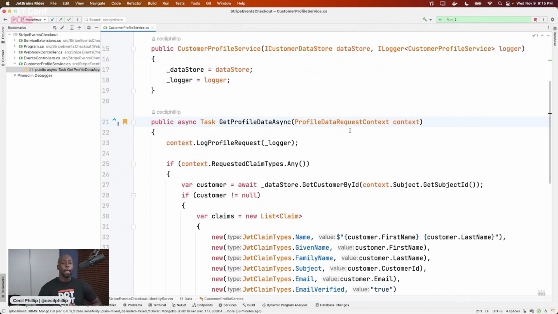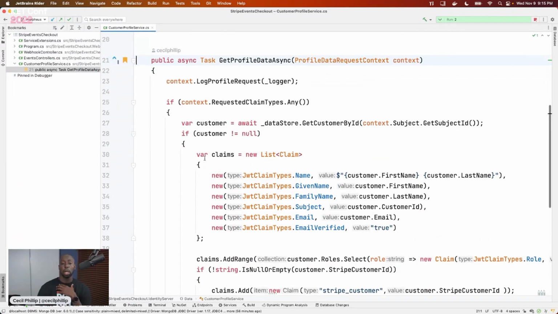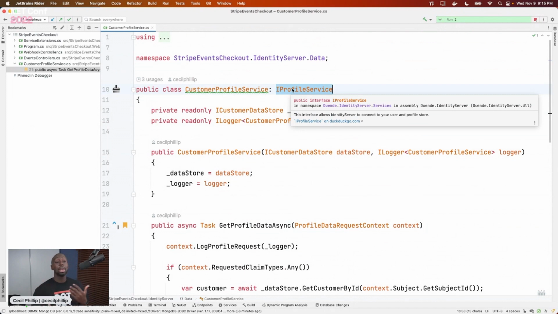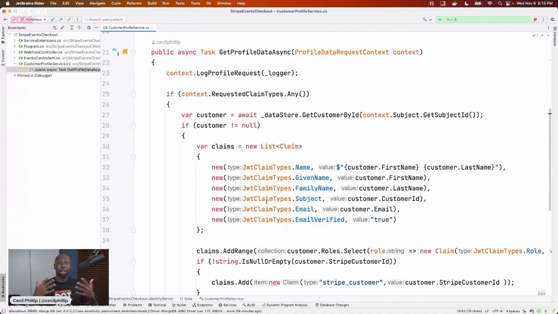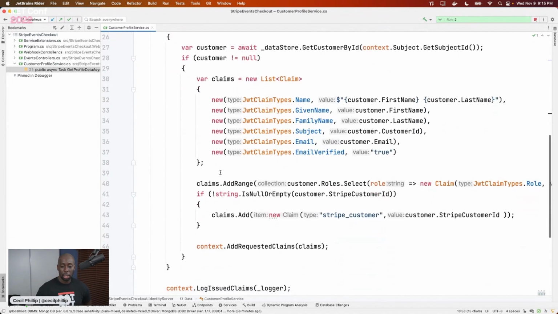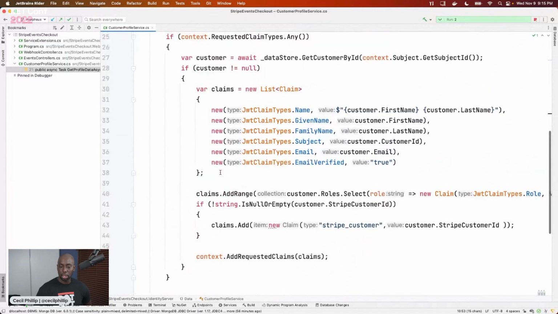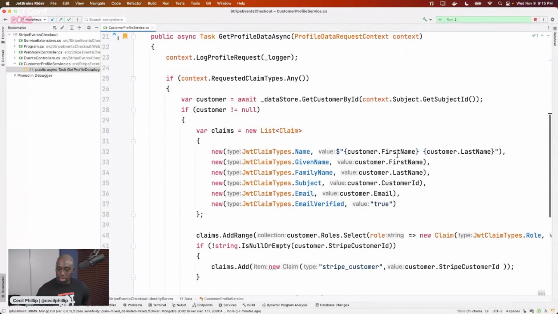Right now, I'm inside of my identity server project. Identity server allows me to create this thing called an IProfile service. Using that IProfile service, I'm able to create or customize the customer the way I wanted to. The reason that's important is that a little bit further down at the bottom, you can see that after I have created that person, I'm going to go ahead and create the Stripe customer. Where did I do it? I thought that was in here.